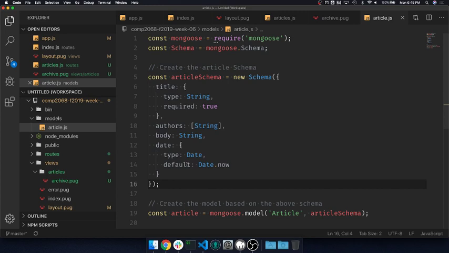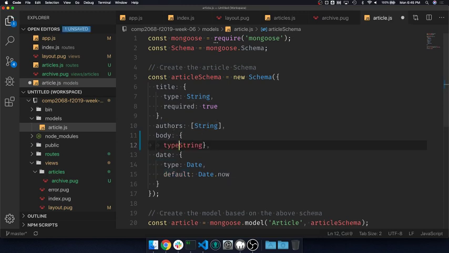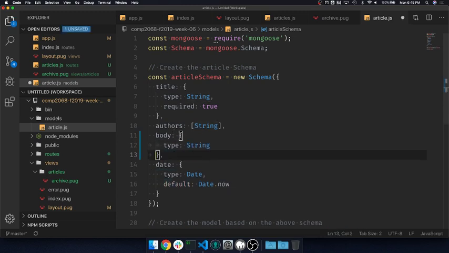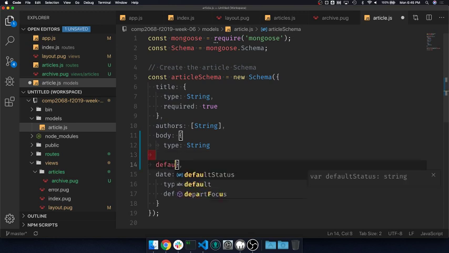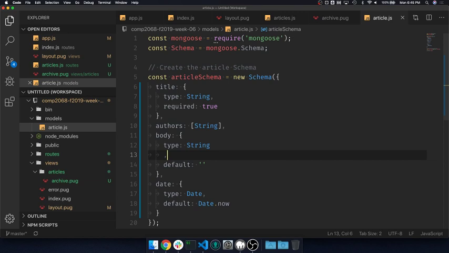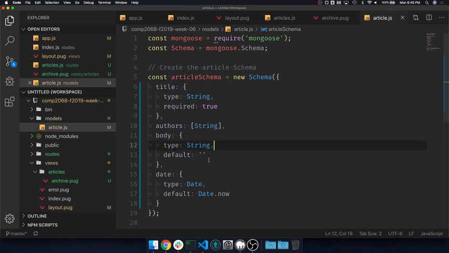The other thing to help with that is setting up a default attribute. So if I were to set up on this body, I have type is string and default is an empty string. So now if there's no body, it'll by default just be an empty string rather than not